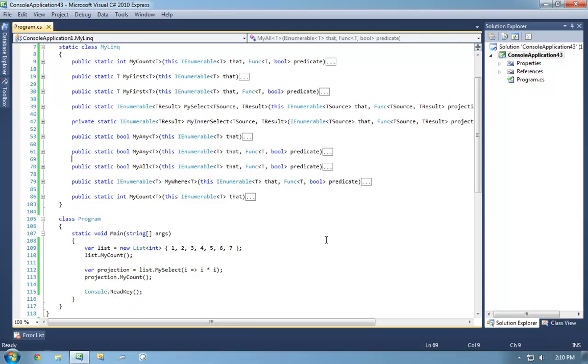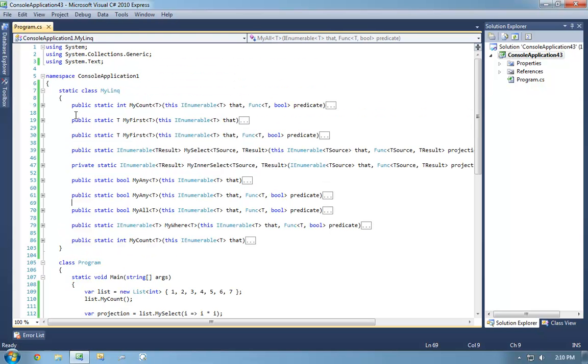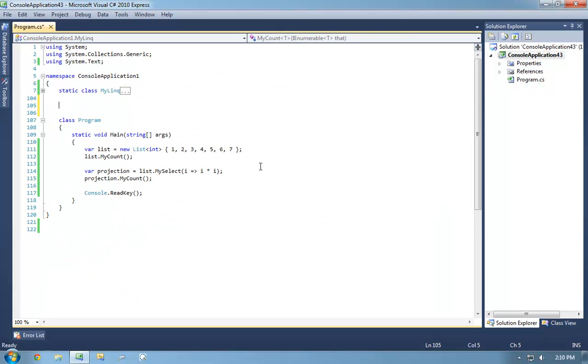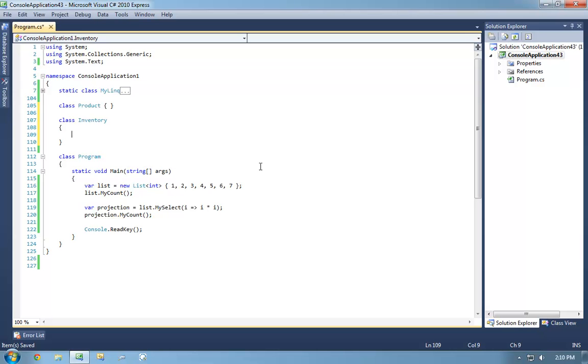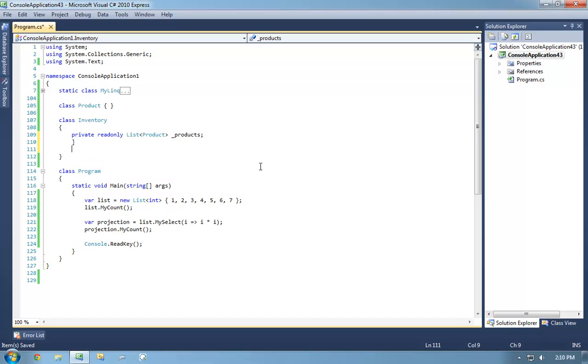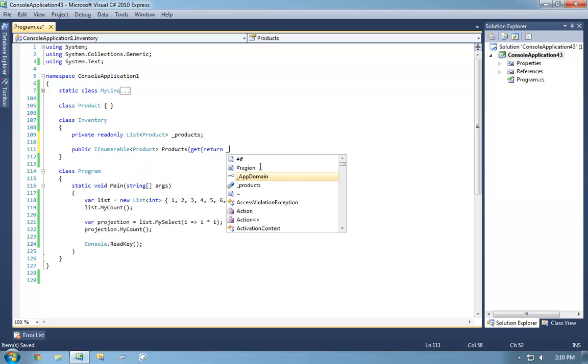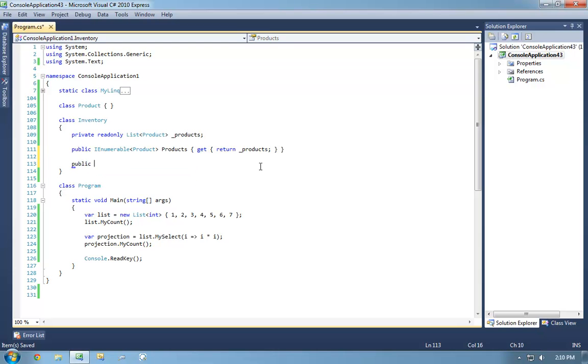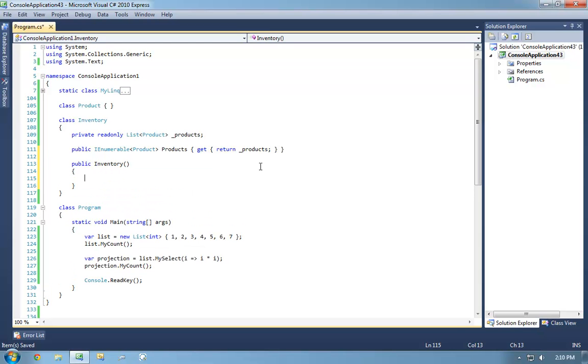One of the things from that discussion that's important to bring up right now is when I wrote a class like this, that brings up a previous discussion.